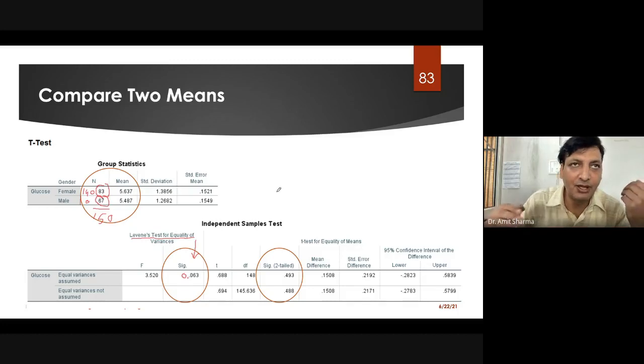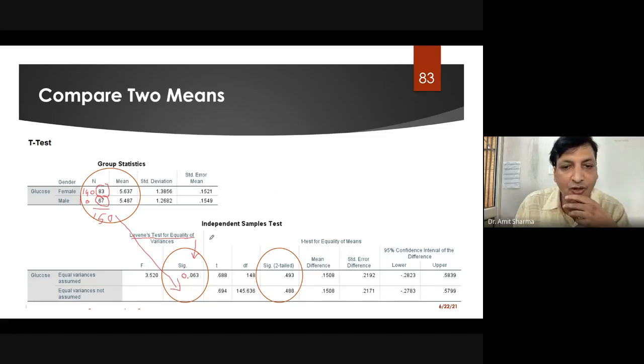If you are getting so much population in one group and only a few in the other, as in the example I wrote, where female have 140 and male only 10 participants, then this p-value is going to be reduced. It will reduce to less than 0.05. It means we are not eligible for the independent sample t-test because equality has not been maintained between both groups. When equality has been maintained, only then can we compare something. For comparison, if we have two children at home and we want to know who